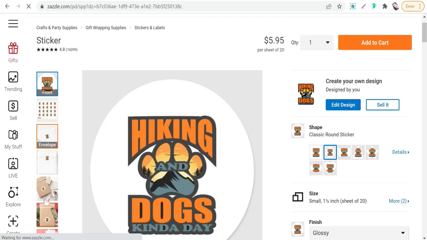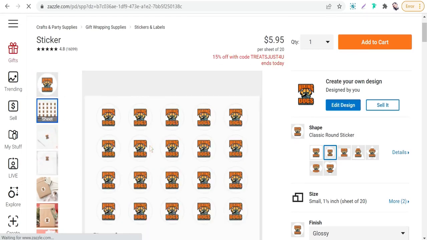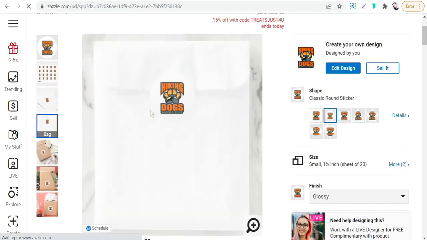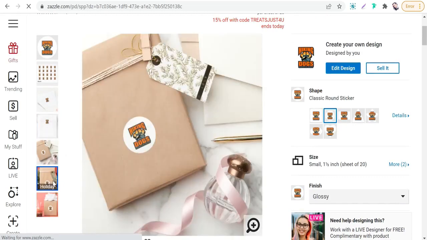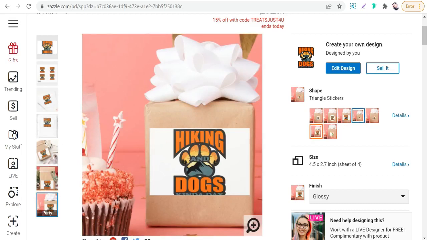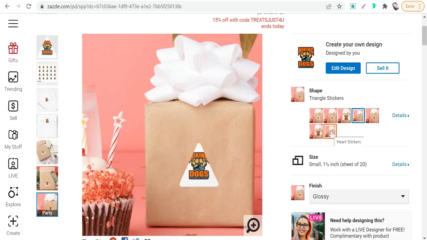Just in this mockups, you will find here a page of similar stickers, as you see here. Okay, and we can put any one of these stickers on my envelope, my book, my iPhone case, and so on. Okay, with different shapes, as I said before.